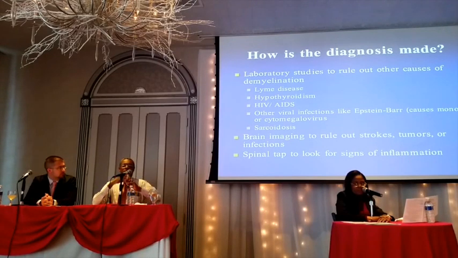And if the MRI is suggestive of multiple sclerosis, we also do a spinal tap. Not everybody gets a spinal tap. Usually I still do them. What we're looking for is evidence for an immune response in your central nervous system, and the easiest way to do that is to take some of your spinal fluid, because if there's an immune response in your nervous system, it'll be evident in your spinal fluid. So that's why we subject you to that test.